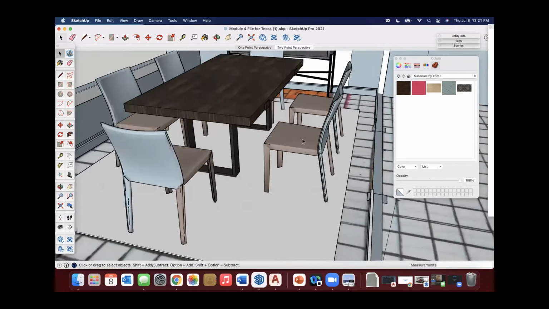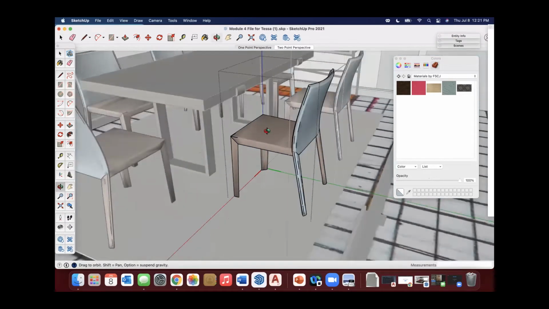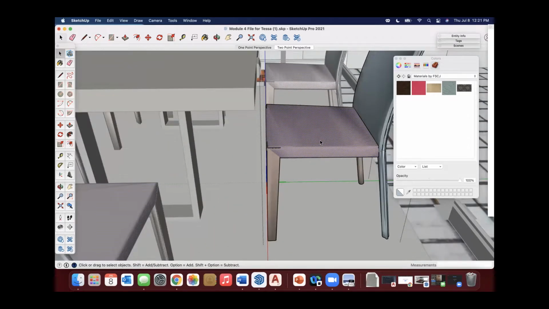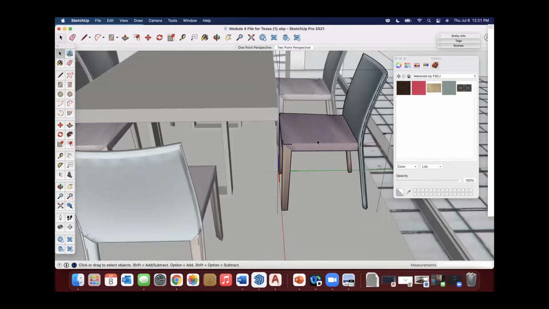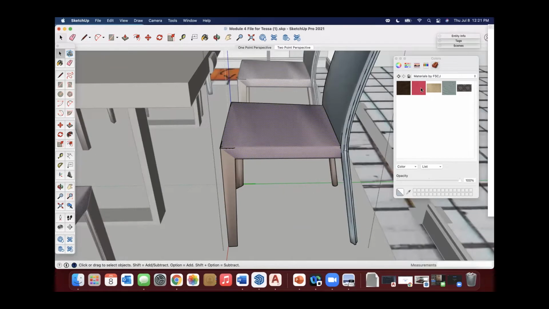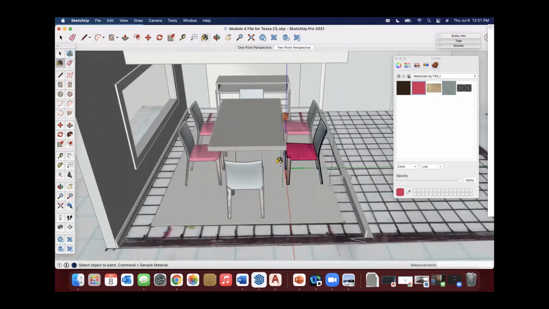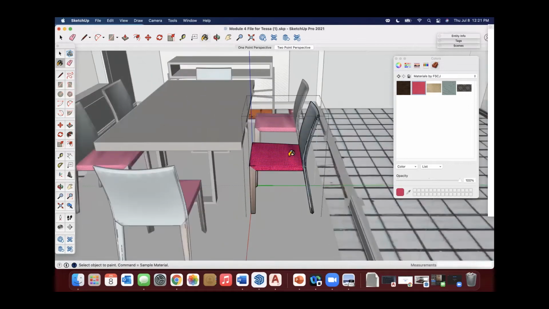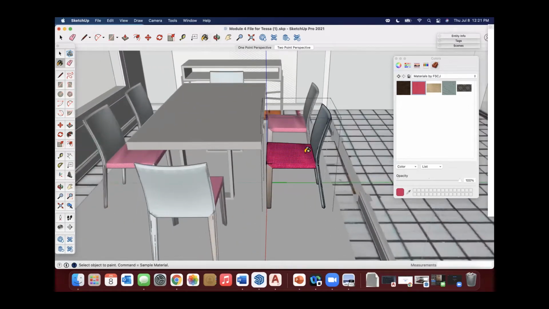I'm going to hit the space bar and double click and start to see what this selects. So right now, if I'm in edit mode, it lets me select the seat portion of the chair. So I am going to select the fabric from the list and it's highlighted and I can see it down here in my little thumb preview. So I'm going to click here and notice that when I did that, it automatically changed the seat cushions of this one as well, which is perfect. That's the benefit of using a component.